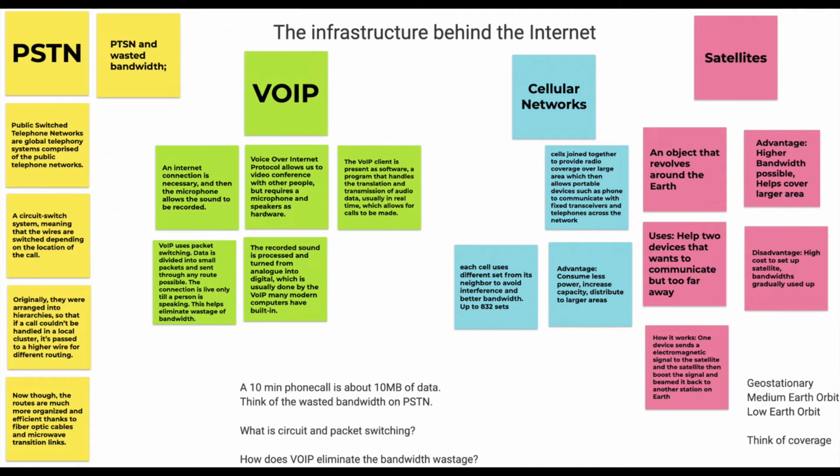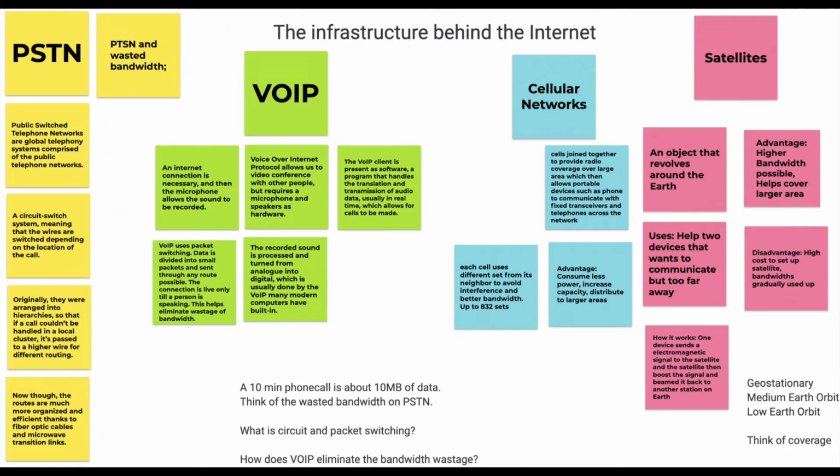So satellites are objects that revolve around the Earth, and they have a benefit of having a vantage point or a viewpoint at the top. So one cell tower can directly see that, and another from the other side of the planet can also directly see that. So there can be three different types of satellites. You have the geostationary one, the medium Earth orbit, and the low Earth orbit, and each one requires a different